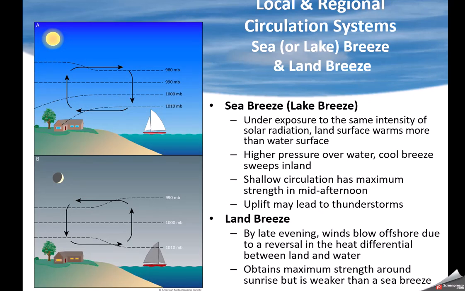There's another circulation, sea breeze. If you live along Lake Erie, you felt this. And if you live along the East Coast of the United States or Gulf Coast, even out west, these are breezes that develop because the land heats more than the water during the day. We know that. So that means the air is going to rise over land, lower pressure there. Air's got to come from somewhere to take that place. It comes from the water. So you create a circulation.